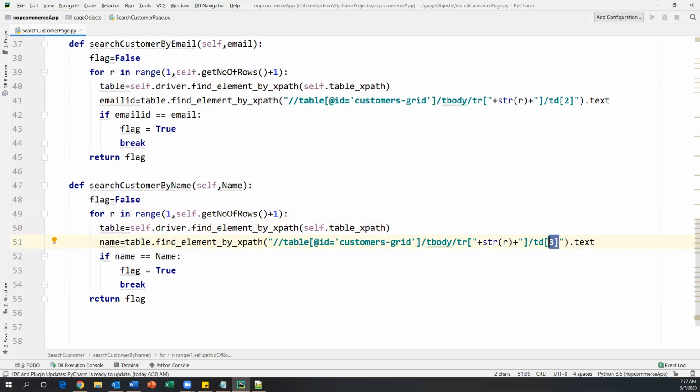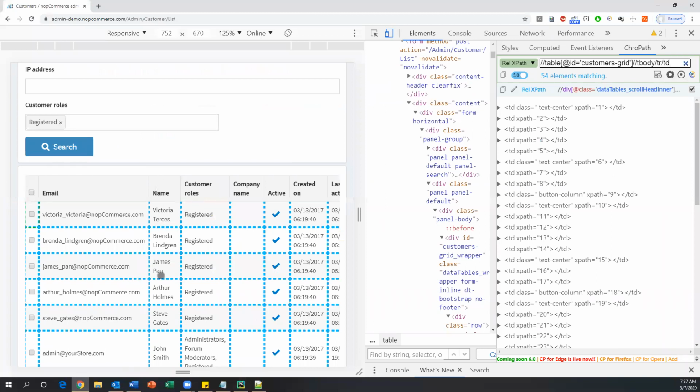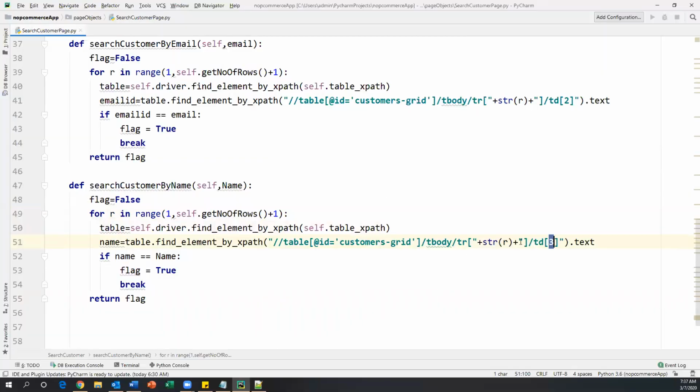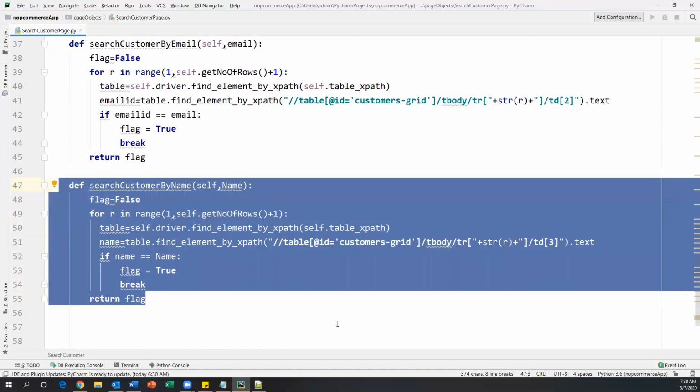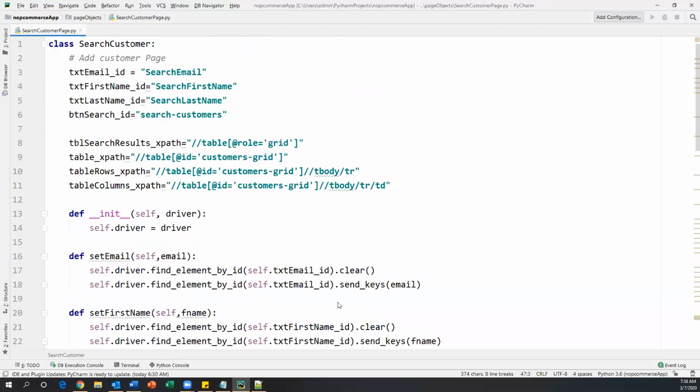Where exactly is the name present? In the third column. So we have to hard code the 3, and every time the row number is passed here, and get the text value, that means the name. If the name is equal to whatever expected name we are passing, then flag equal to true, break, then finally return the flag. So this is the logic for searching customer by email and searching customer by name.